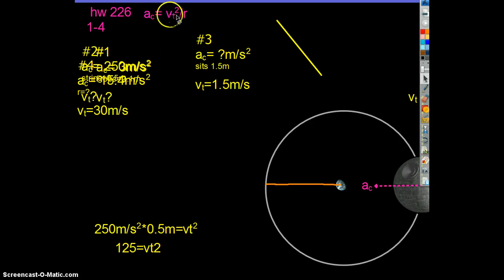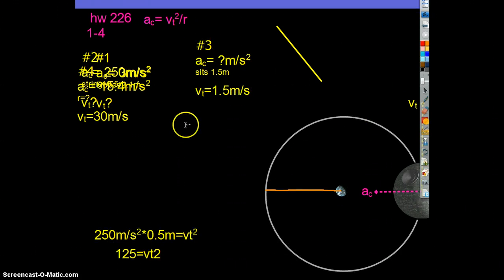Now we need to do the equation as it appears, where it is tangential velocity squared over the radius. So this is going to work out very nicely for us. If you follow what I'm saying, tangential velocity squared, so 1.5 meters per second, and squaring is multiplied by... what just happened while I wasn't looking? Sorry. The microphone was pushing down a key on the board. So